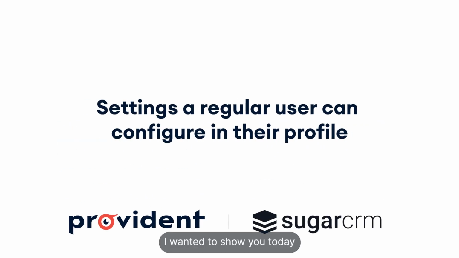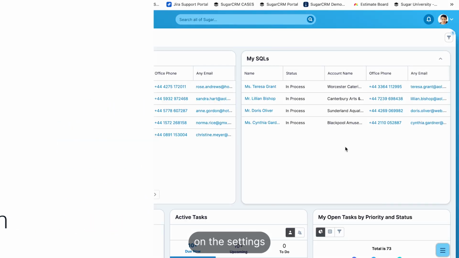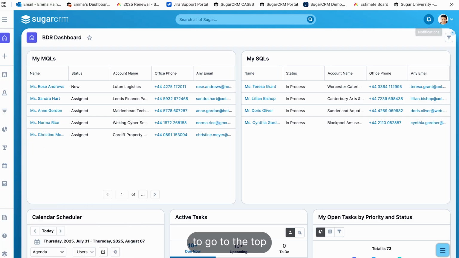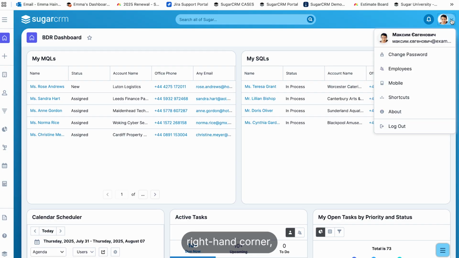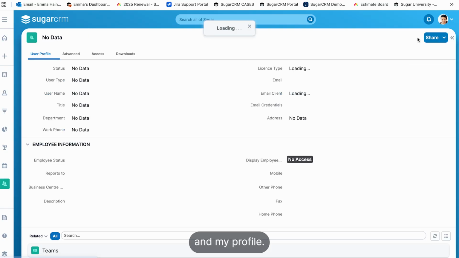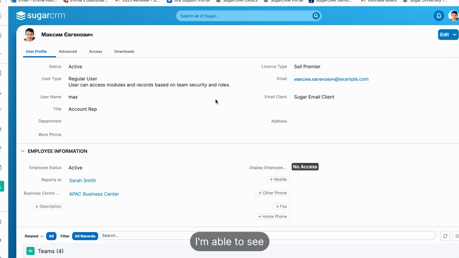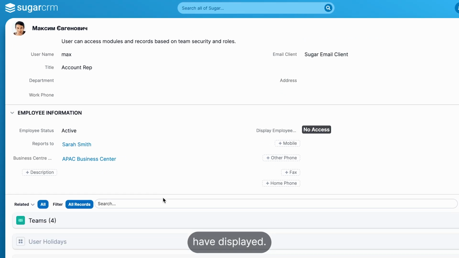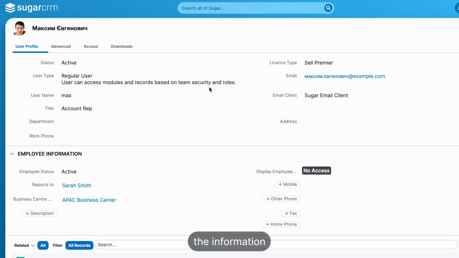I wanted to show you today a short video on the settings that a regular user is able to configure in their profile. So I am going to go to the top right hand corner, hit the drop down and my profile. In here I'm able to see a quick overview of the information that I have displayed. This is generally the information that is configured and set up by the admin when you have been created as